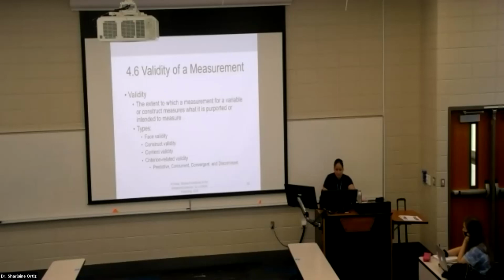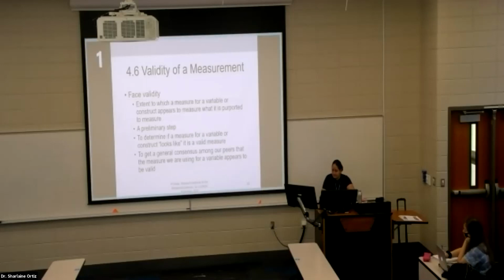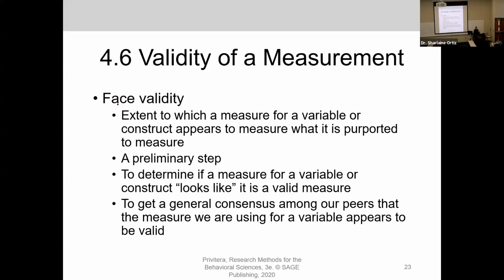So there are different types of validity, just like we have different types of reliability. The first one is face validity, and I like to think of it as really similar to interrater reliability, in my opinion. Face validity is simply at face value. Just looking at an item and saying, well, this does look like it measures what it said it's going to measure. So for example,